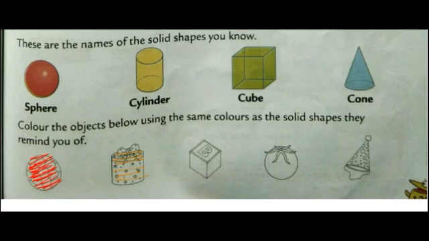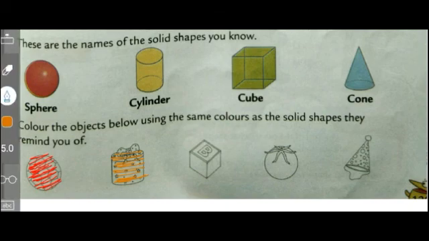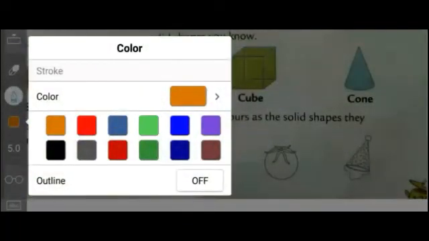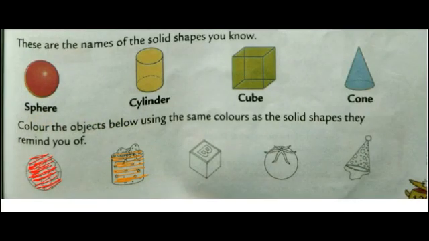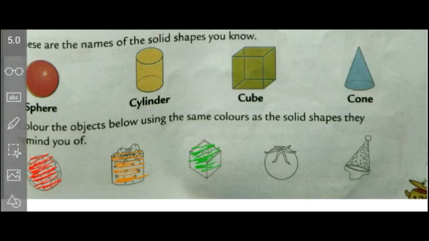I don't have exact yellow color. It's somewhat orange. Okay. Now the next shape that we can see is of a cube. And which color do we have to color it with? Green color. So I will use a green color to color this cube. Okay, scholars. So in this way, you have to complete the other 2 shapes also. Use the color code that is given here and then color the given shape. Now, we move on to the next page.